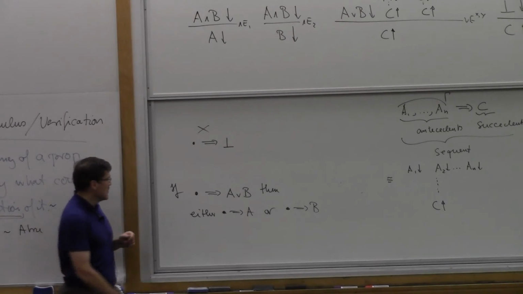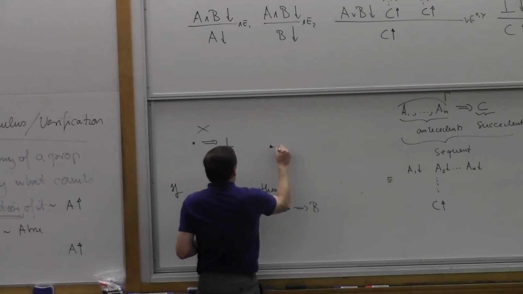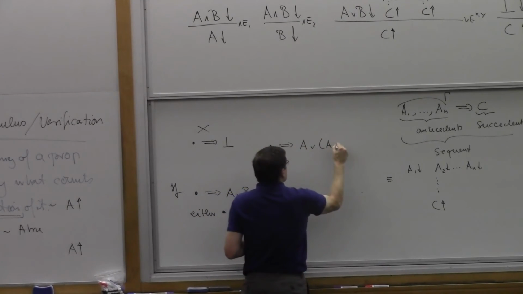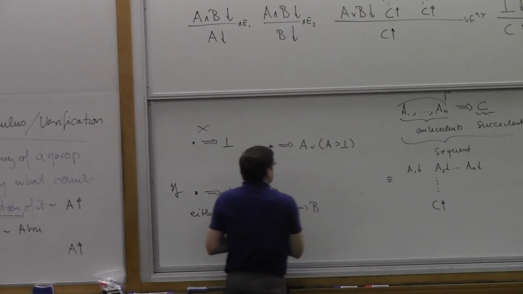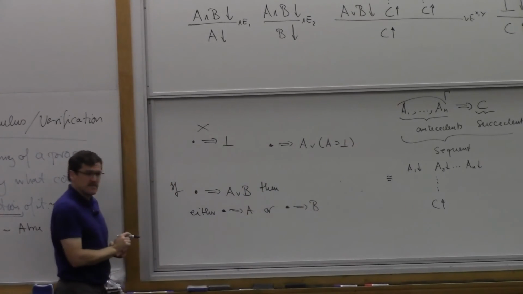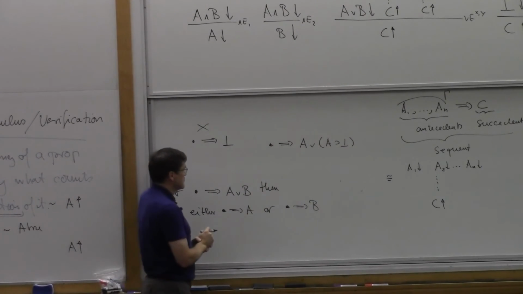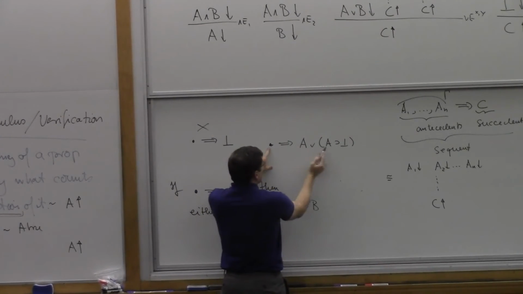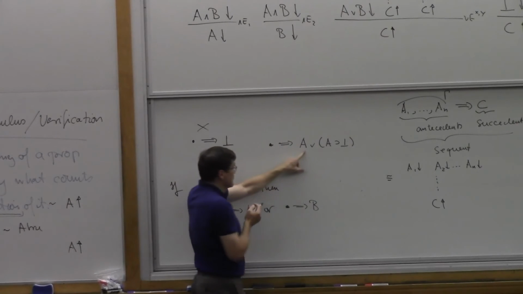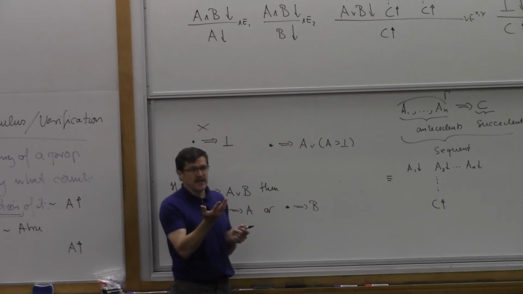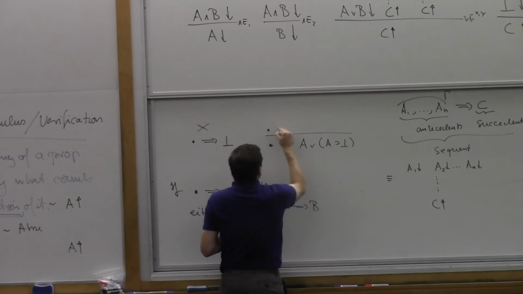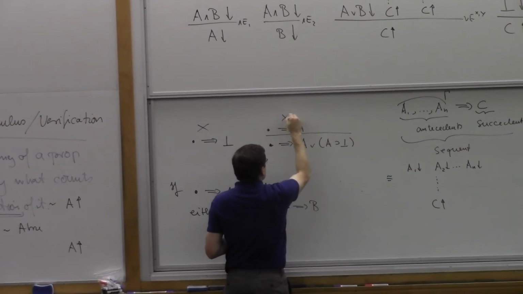Why is that so important? Well, if I have a proof of A or not A, okay, what would such a proof look like? Well, it would have to be either a proof of A or a proof of A implies falsehood. But it couldn't be a proof of A because I don't know anything about A. So in particular, A could be falsehood, and then I wouldn't be able to prove that. Okay, so if I try to prove it by the one case, I will get stuck. So that can't be the case.